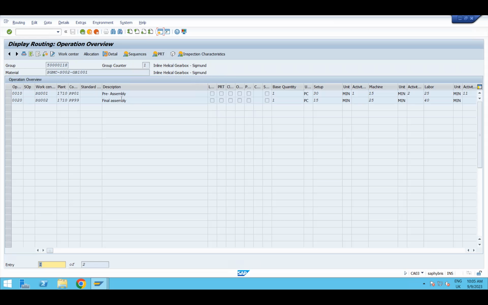Correct. So production version is not mandatory for discrete manufacturing in ECC, but it is mandatory in S/4HANA even for discrete manufacturing. This is one big difference between ECC and S/4HANA with respect to production planning, PP. In ECC it was not mandatory for discrete manufacturing, which is what we are doing, but in S/4HANA they made it mandatory.